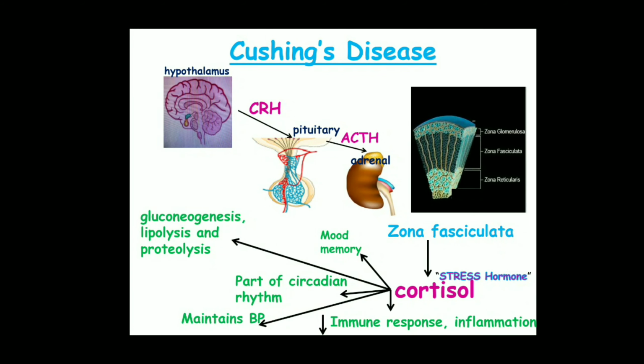How does it maintain BP? It increases the sensitivity of the peripheral vessels to catecholamine, and also it causes narrowing of blood vessels. Thus it helps to maintain the BP. And again, it has anti-inflammatory property, and also immunosuppression, so that it decreases the immune response and inflammation. These are the very important functions of cortisol, and we shall review